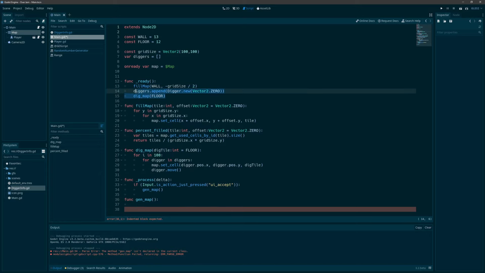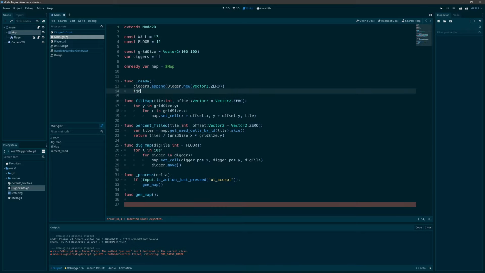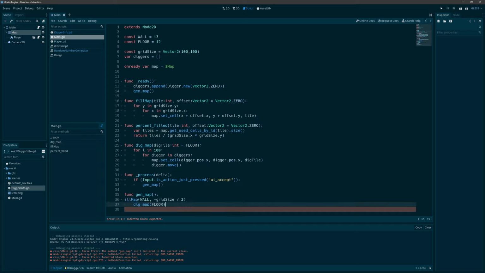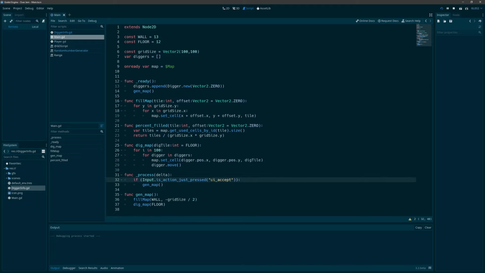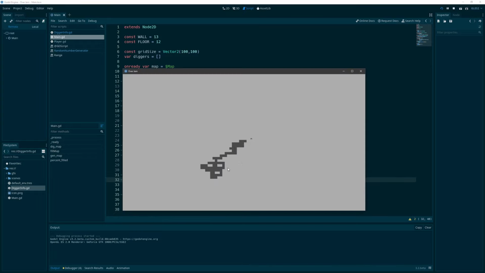Let's see. This stuff right here. This is going to be what we do. Gen map. And then we'll put that stuff down here. And this will be fill map. All right. So then we should be able to get and figure out